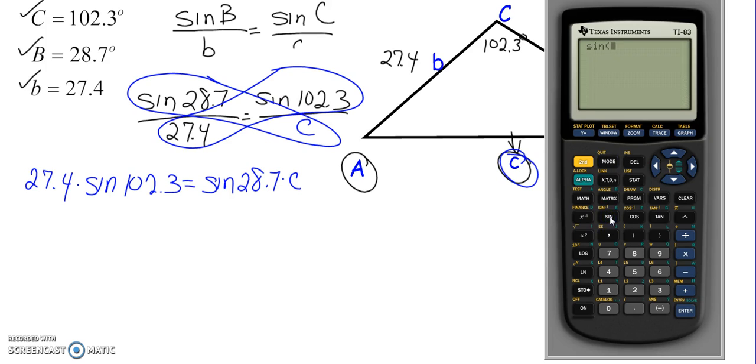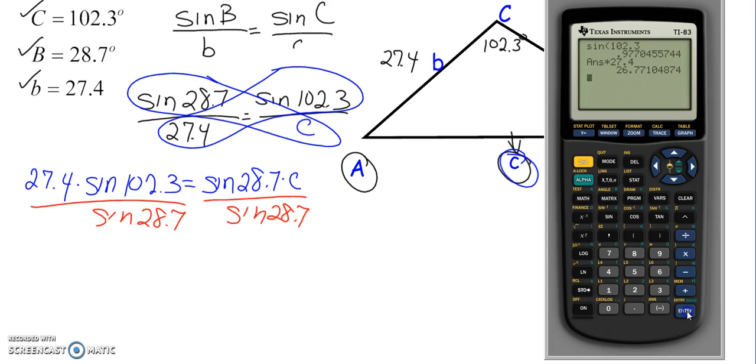And now it's the sine of 102.3, enter. I would need to multiply that by 27.4, enter. When I'm finally finished, I need to get c by itself. To get c by itself, I'm going to need to divide by the sine of 28.7. And at this point, you should be able to get that c is equal to, let's see here,